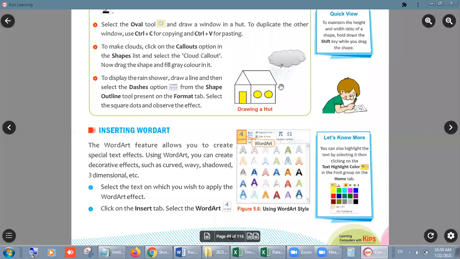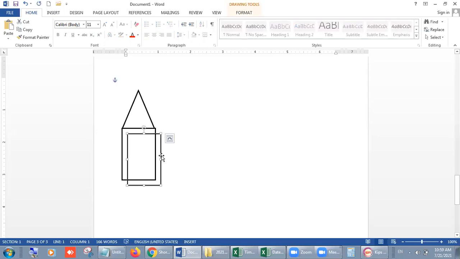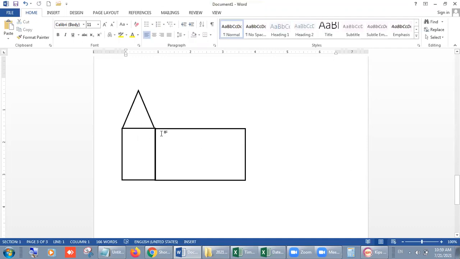Now, next box. I copy this so that I can save my time. Again paste because I have to make a door.